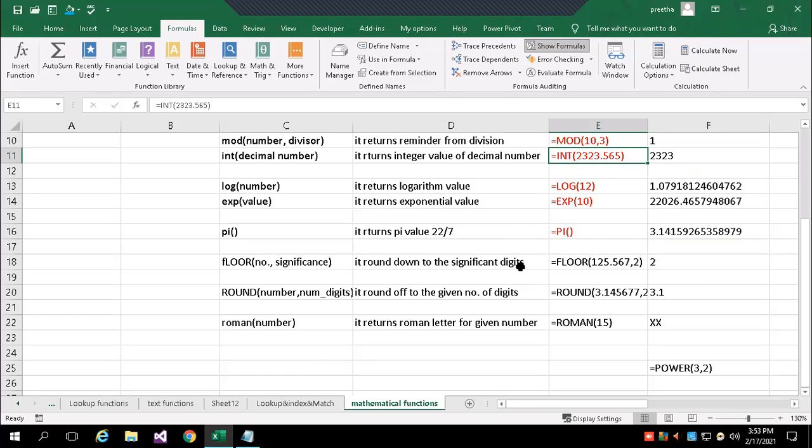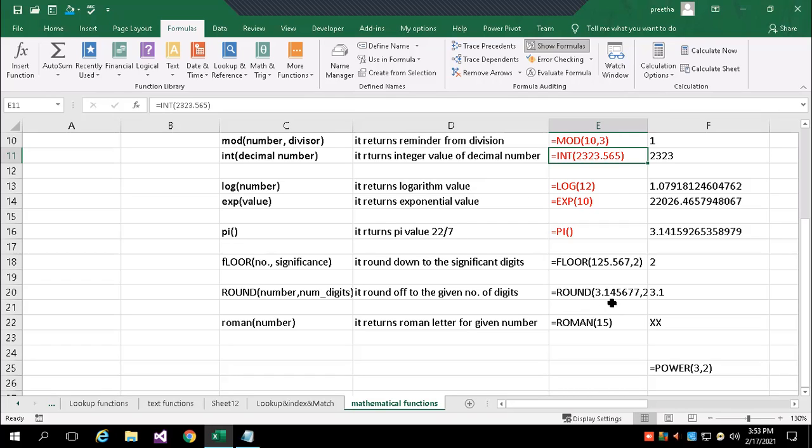Similarly, the floor function is also for rounding off. Round down is there, round off is there. Round down means it will reduce, it will not round up. 5 and above 5 will not be rounded up. Round will round off exactly 5 and more than 5 automatically.